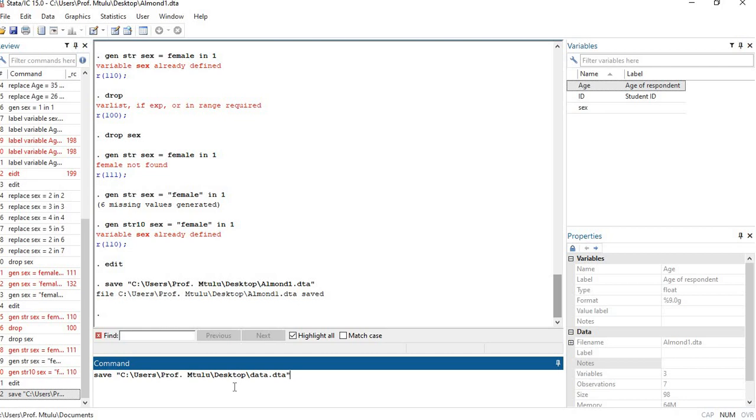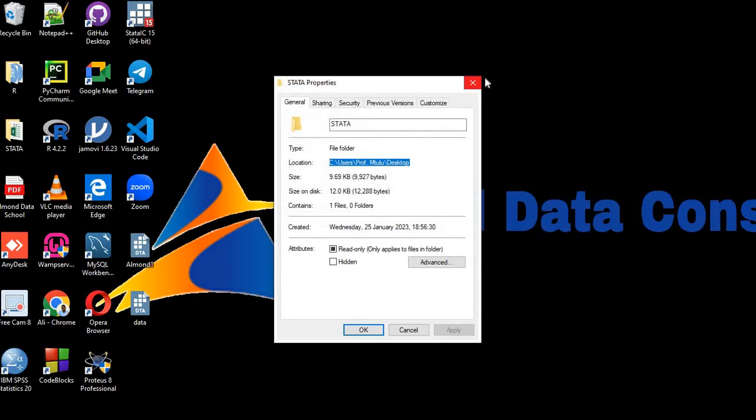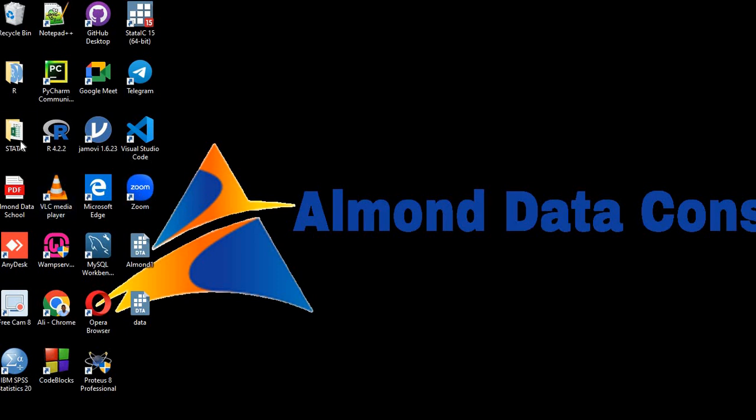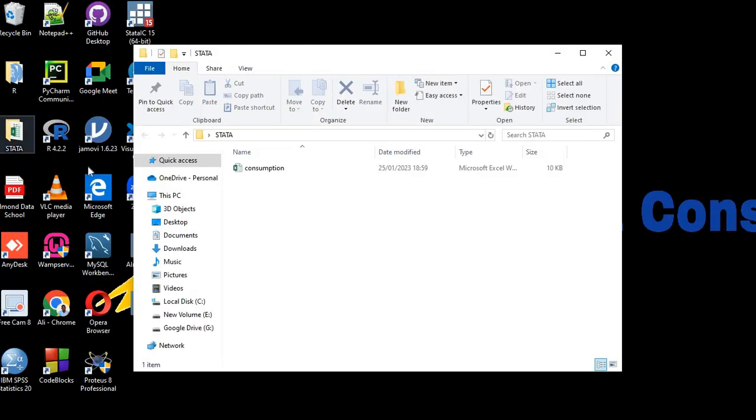So you see, this one is simple because the command is save, and this is the path and the name .dta. So you don't have to navigate. You can just use the command and you click enter, and it has saved. So actually when I go there, I'm expecting to find 2 data files. So we come to this folder here and I right click that, and when I do,